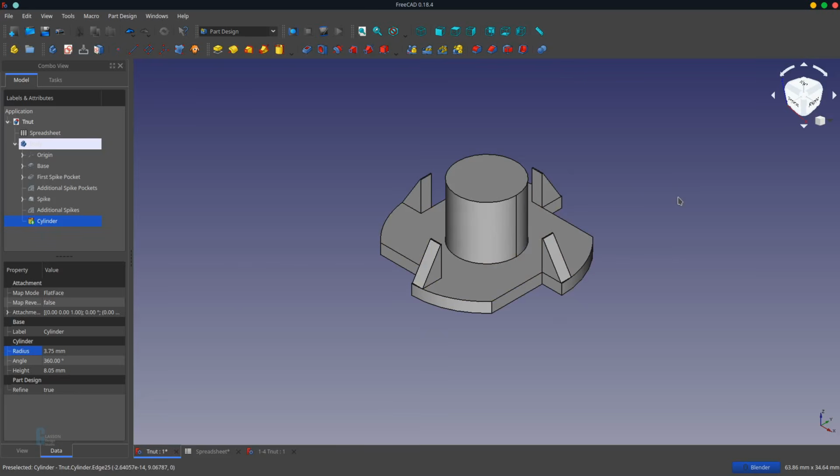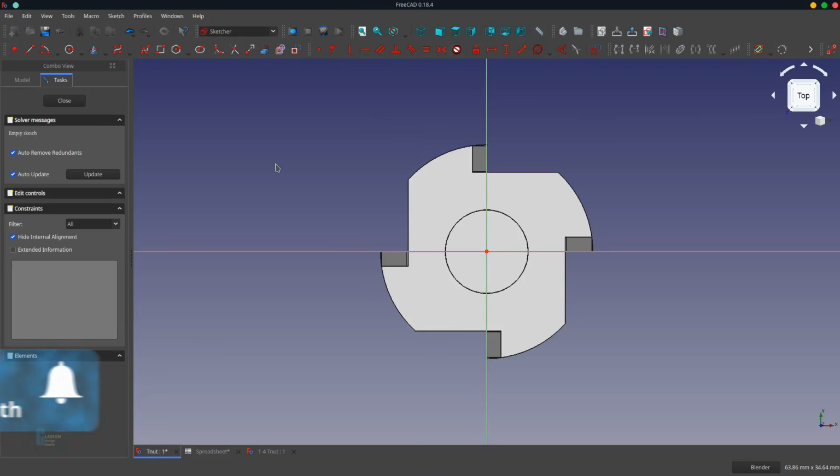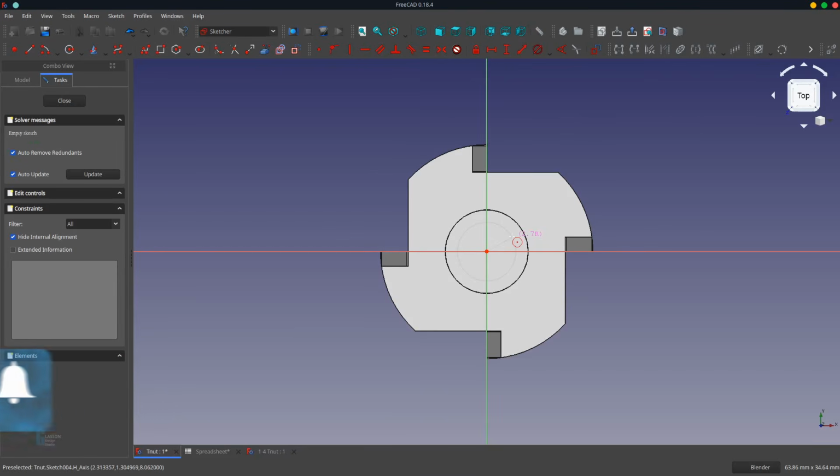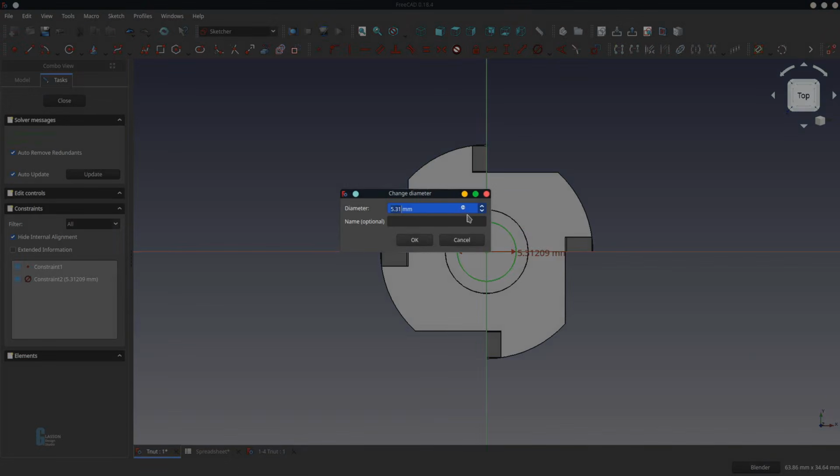So, from the purposes that I have, which don't really need a thread, what I then decided to do was I would just simply put a simple hole down the middle of the thread pocket. So I created a sketch, added just a circle, set its radius to be spreadsheet dot thread pocket diameter on 2 minus the thickness of the material,